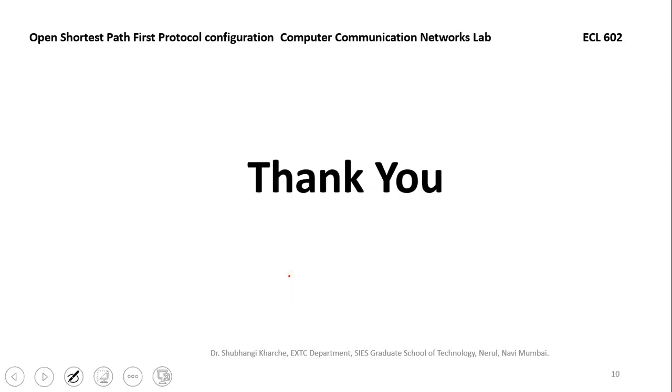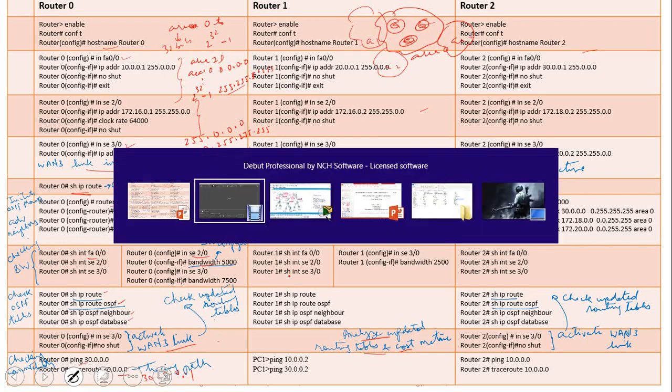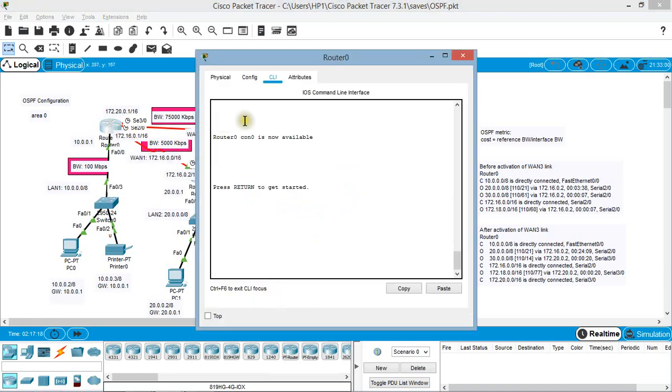Now let us move on to the Cisco Packet Tracer to configure the OSPF. Now this is the topology which is considered for configuration of a single area in OSPF, area 0. There are 3 routers over here. The IP addressing scheme is already explained to you. Now I will directly configure the OSPF commands on the routers. On router 0, select the CLI tab. In the CLI tab, first of all, give the enable command to become the privileged user. Then give the configure terminal command.